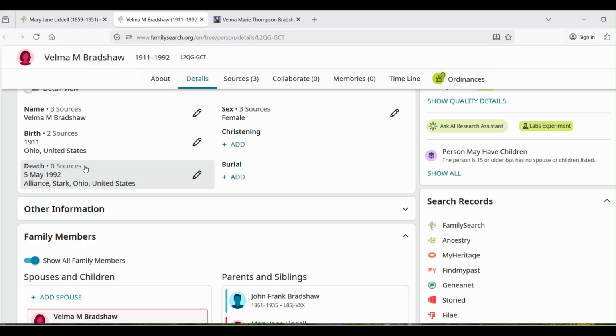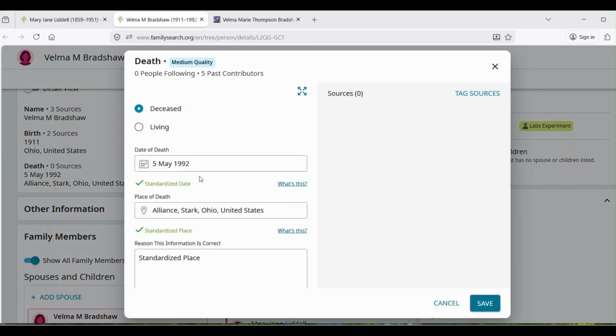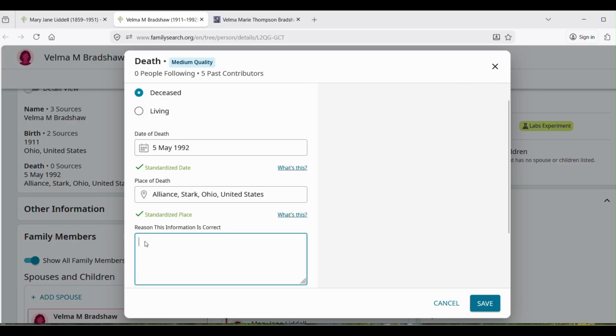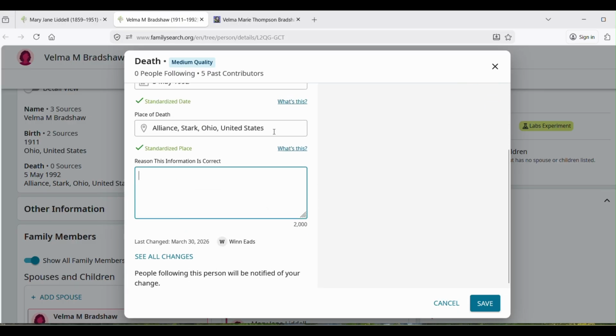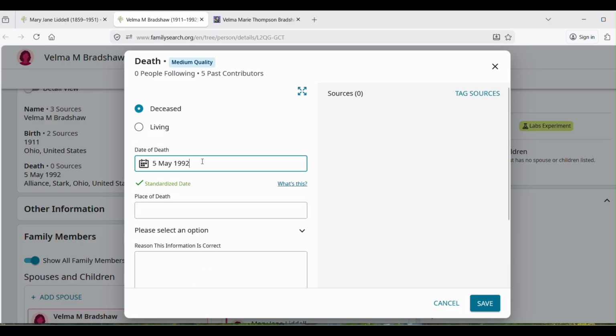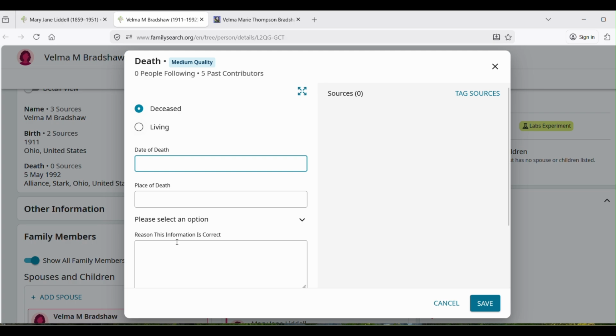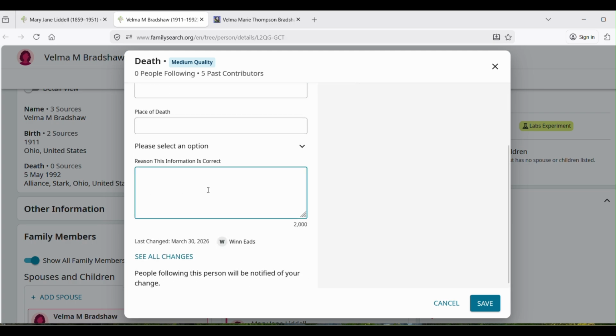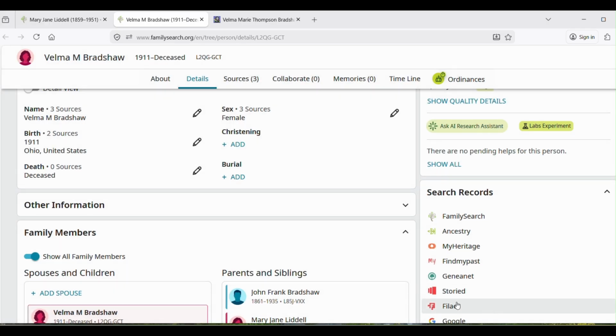Now there are 0 sources for her death, and that death is messing with what it's looking for. So I'm going to delete this death because there are no sources for this death. And I'm going to put no sources for death. And there it is, 0.